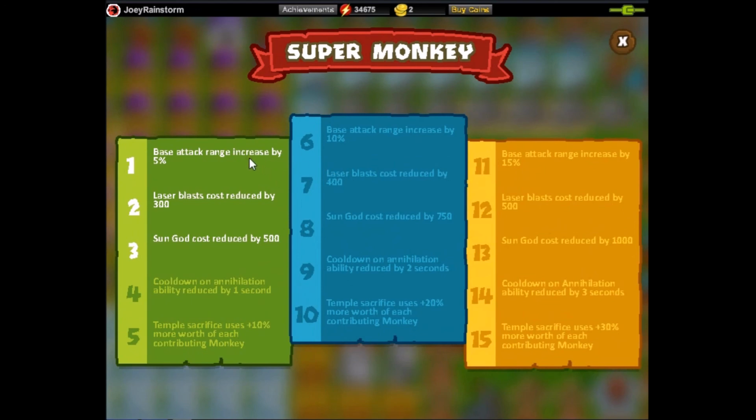Base attack and range increased by 5%. Man, people didn't like this in Bloodstar Defense 5. Why did they do it here? The main problem being that